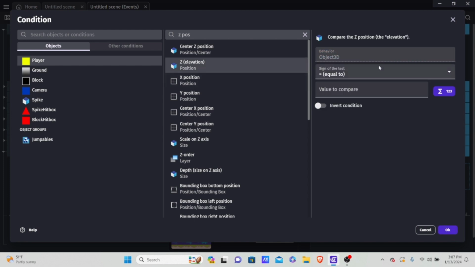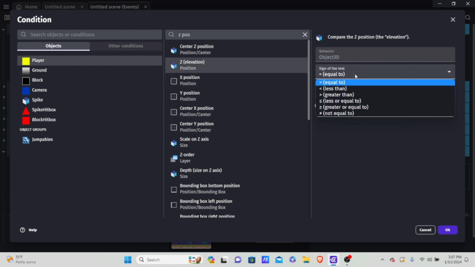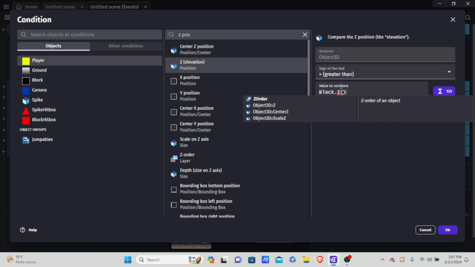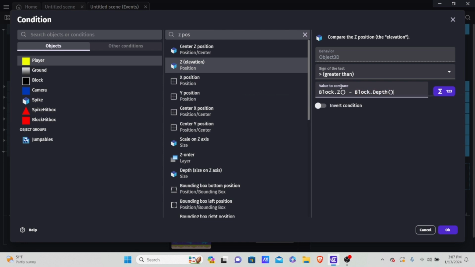If the Z position of the player is greater than block.Z, the Z position of the block, minus block.depth. We want to check if it's greater than that value first,